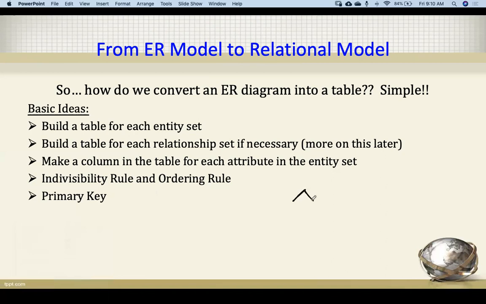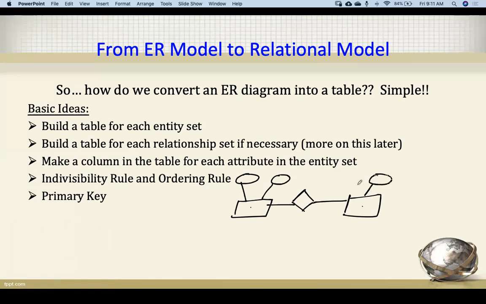In this way we define the relationship, and this relationship is in between two entities, right? Here we have one entity, here we have another entity. These are straight away tables because they have different attributes, right? So we can straight away convert them into tables. But this relation can also be converted into a table.